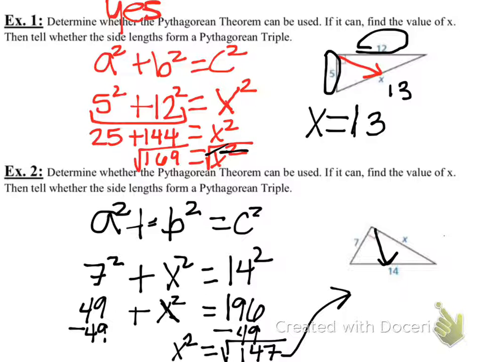Oh, sorry, square root. Why did I do that? The square root is after. I shouldn't have done that. So x squared is equal to 147. To solve, we want to take the square root of both sides. So square root both sides, those cancel. Okay, so x is just